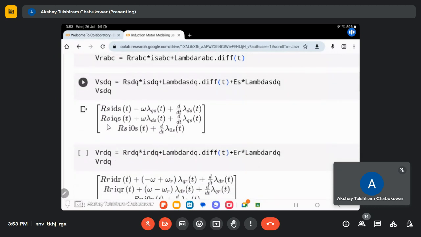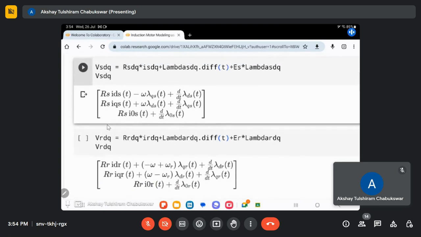If you write in terms of DQ, what you'll observe is Vs dq is Rs dq into Is dq plus d by dt of lambda ds plus Es into lambda ds q. What is this? Its value is this. Rs into Ids minus omega into lambda qs plus d by dt of lambda ds. In place of omega, you substitute either omega s, omega r, or 0 based on the choice of reference frame in which you want to model the